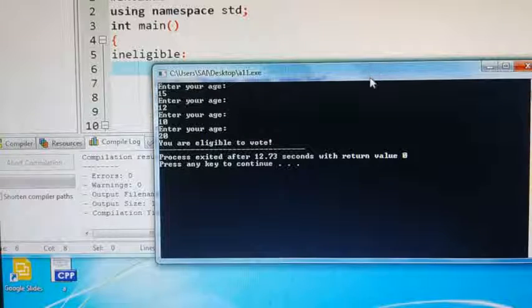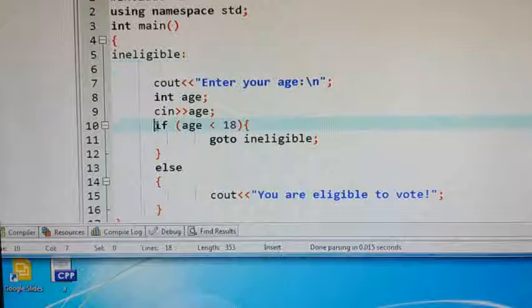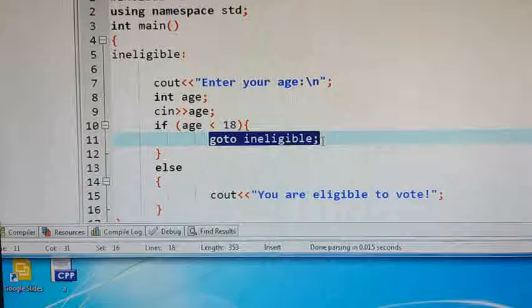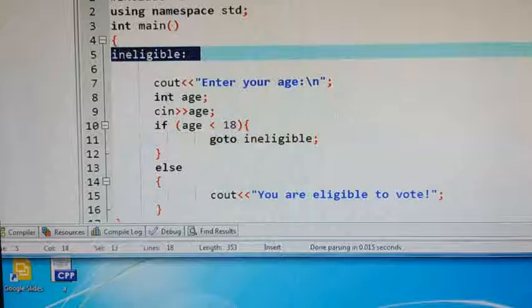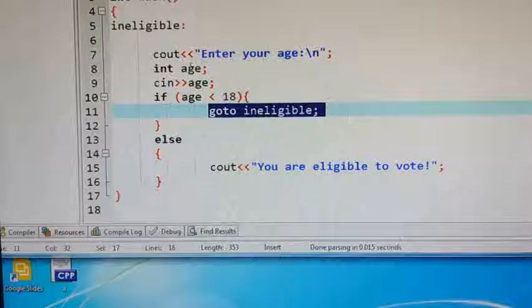So what happens here is, if this condition is false, we force the user to go to this label. What have you written in this label? In this label I have given enter your age. Again, if the condition is false, the user needs to give the age. As long as the condition is true, you will get a prompt that you are eligible for a vote. But when you give a wrong value, meaning a value less than 18, again you need to go to the same section.